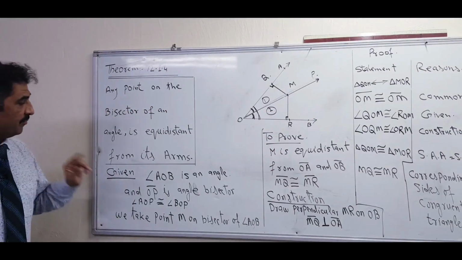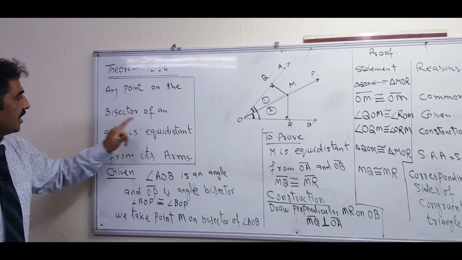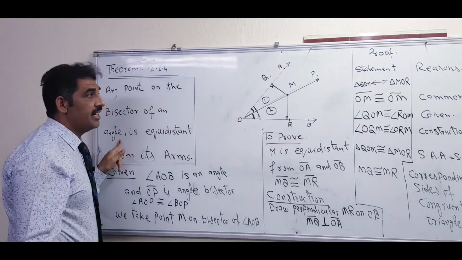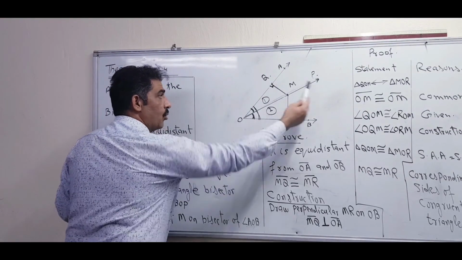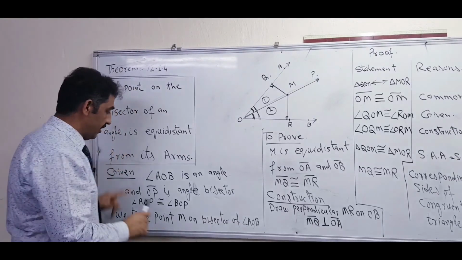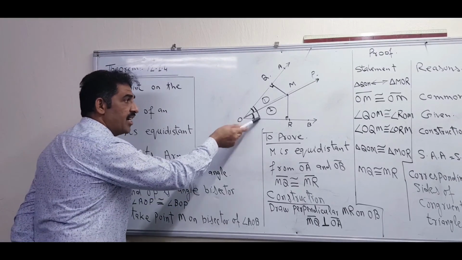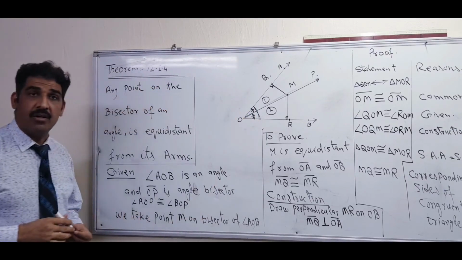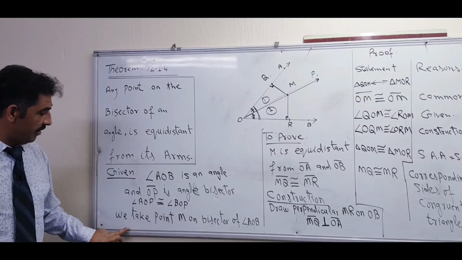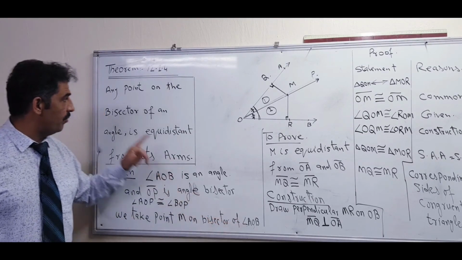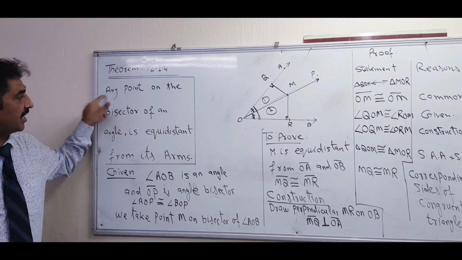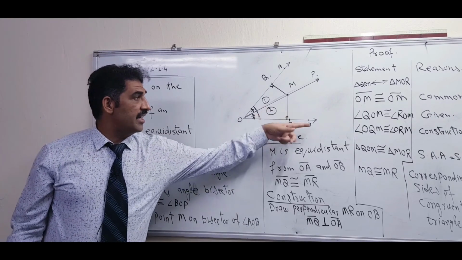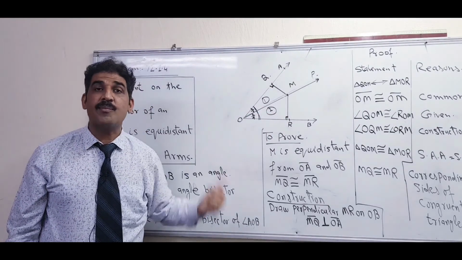I will repeat that one. That is the statement: any point on the bisector of the angle. First of all, we take an angle AOB, right? Then we take an angle bisector OP on this one, and after that we say that the bisector divides the angle into two equal parts, so this part and this part both are the same in measurement, okay? So we also wrote it here, and we take a point M on the bisector of AOB, because it is also given in the given statement. After that, to prove equidistant from arms, we take its arms OB and OA, the arms of the angle.